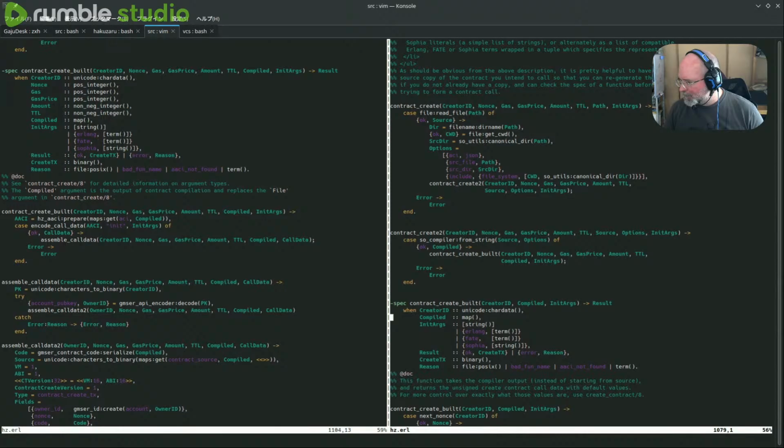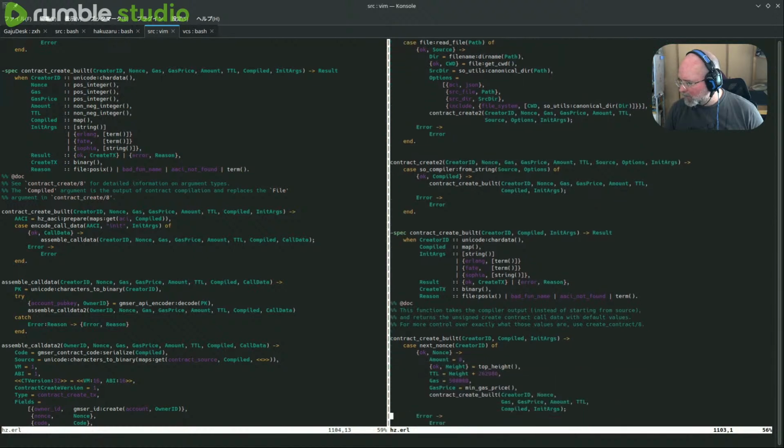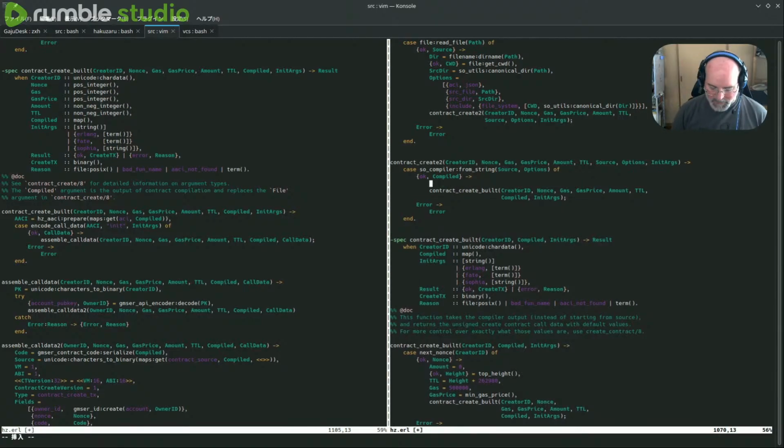Okay. Create build. It will have come in with that already. So what we're going to do is build is going to be maps